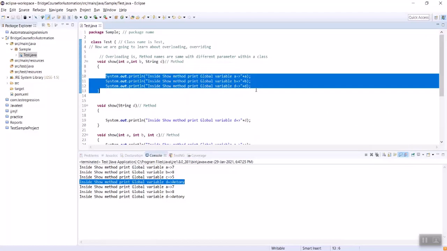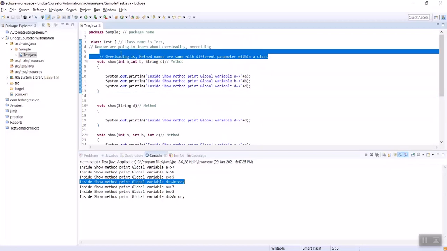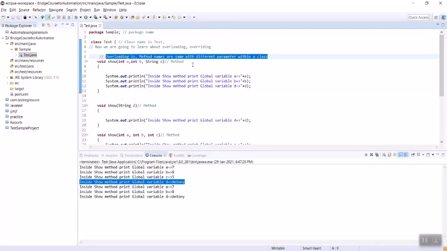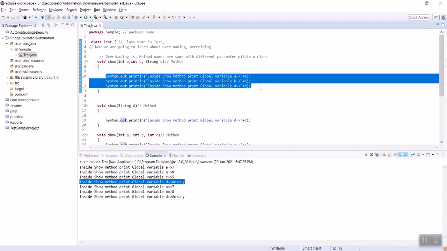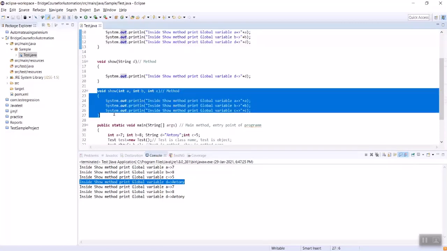Then the statements inside the block of the method will be executed. So overloading is method names being the same with different parameters within a class. This is the definition for overloading. It was printing the values received through parameters from the arguments.